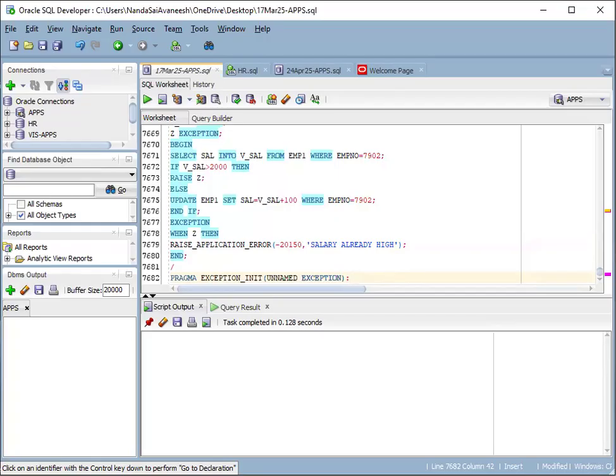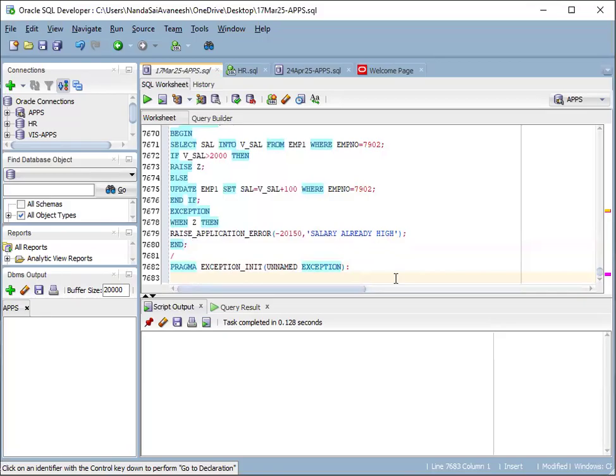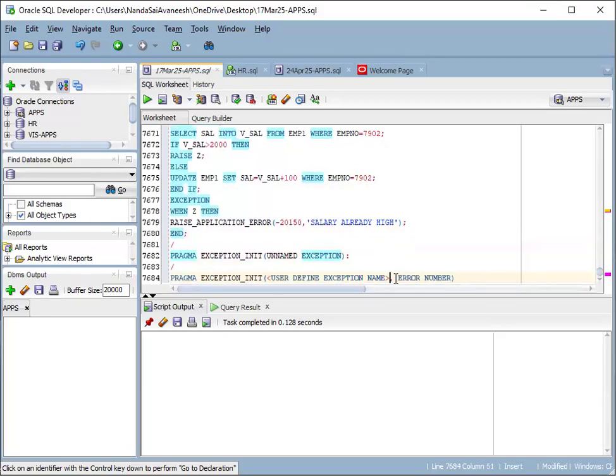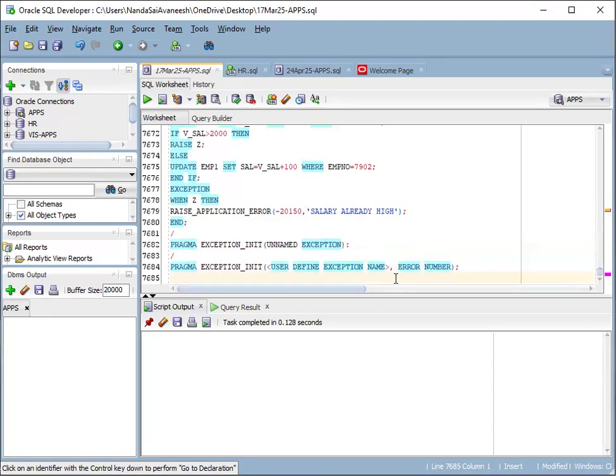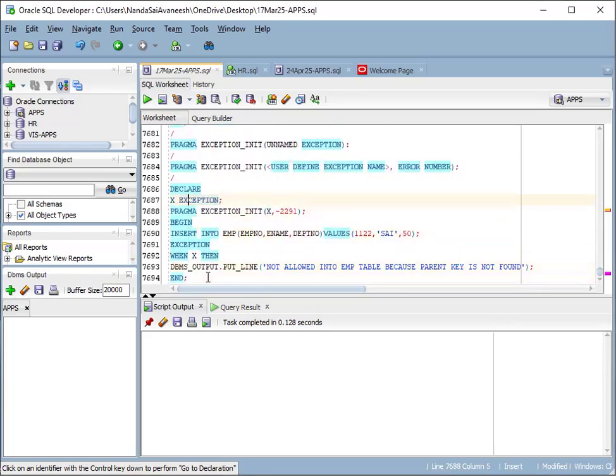So this method is having two arguments: one is pragma exception init, user defined exception name, error number. This is how to define. So for this, I'm giving you one example here. Declare X exception. We are defining a user defined exception X. Pragma exception init X comma minus 2291. So begin insert into EMP table employee number,